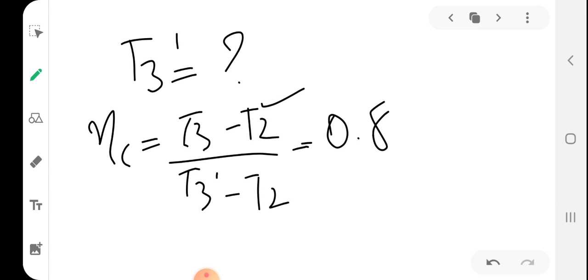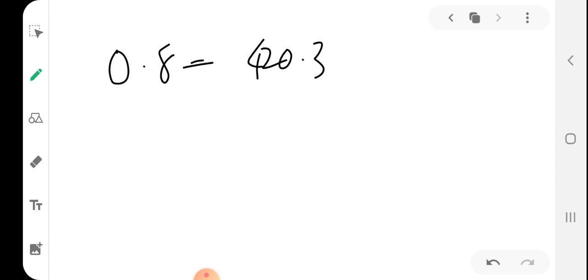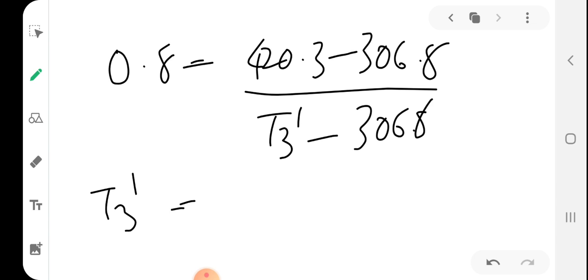Here T2 is known, T3 is known, and T3 dash is the only unknown. So 0.8 is equal to (420.3 minus 306.8) by (T3 dash minus 306.8), and you will get T3 dash as some value around